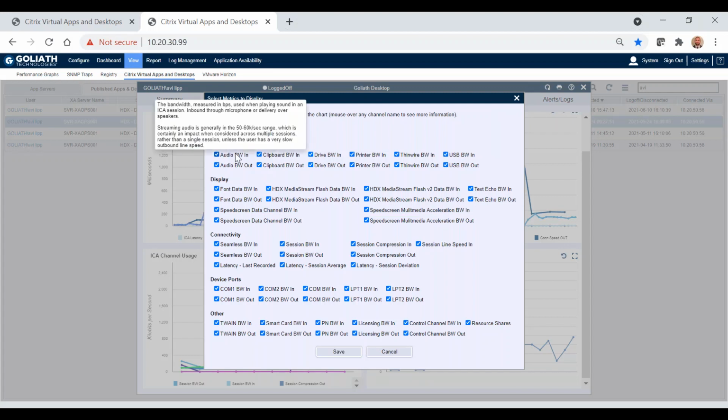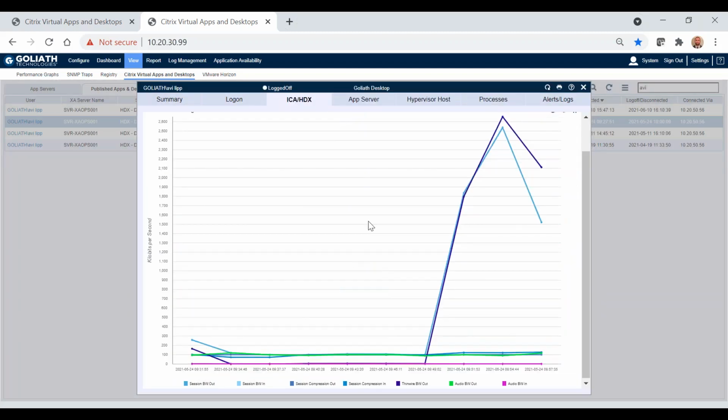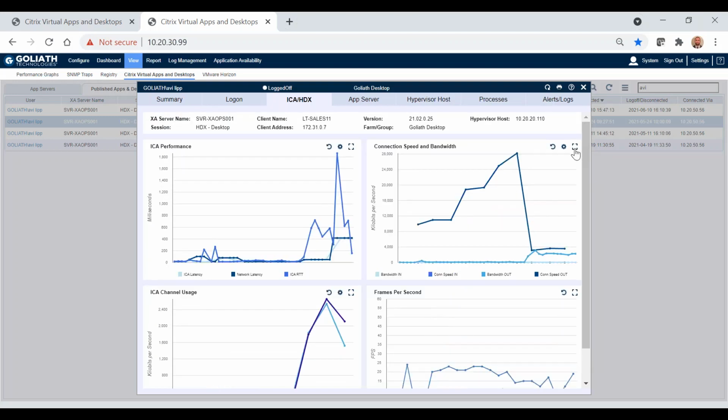This is from the server perspective. So audio bandwidth in, was that user on a Teams call and talking into the session? Audio bandwidth out, was that user streaming Pandora or Spotify? And based off of the virtual channel that's being utilized within the session, you can then get insight into end user behavior. So in this particular use case, when the user had their highest point of round trip time,